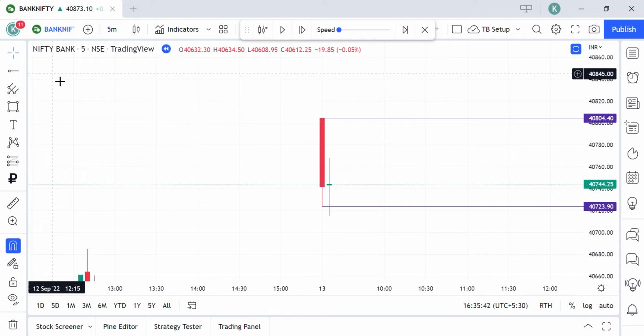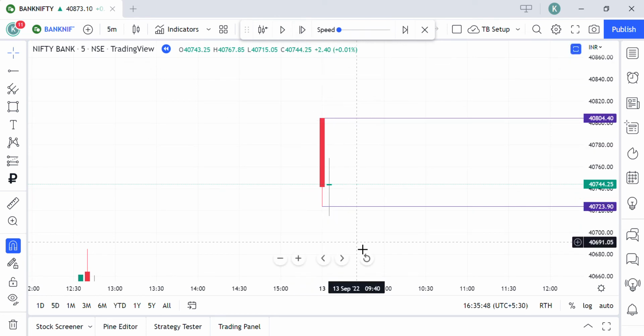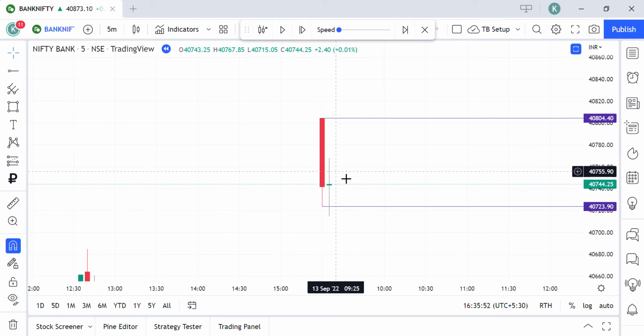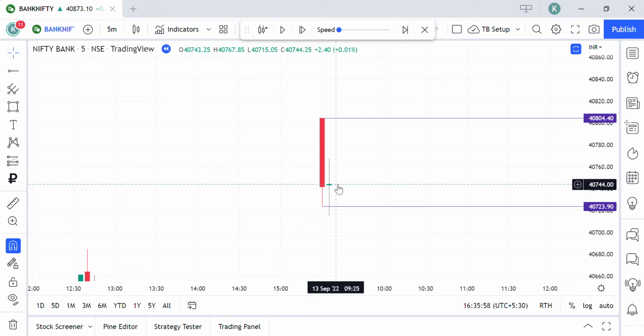So, going further with the analysis, price did not poke this level but has created a small, of course large, bearish or bullish candle. We call it a doji. I don't go by the name because the formation of the candle itself should give us the idea of what has happened in that candle.